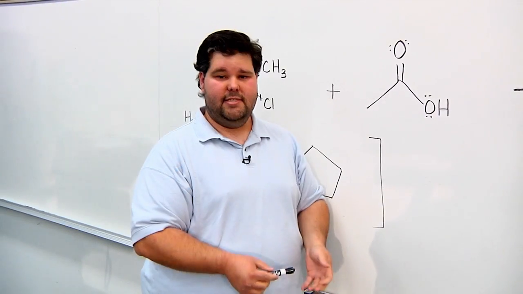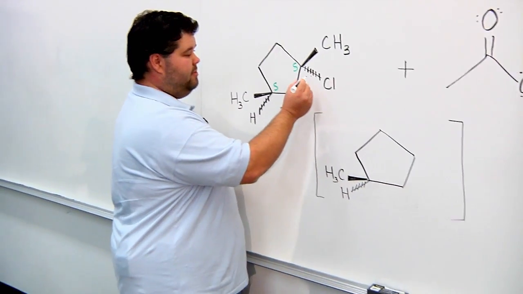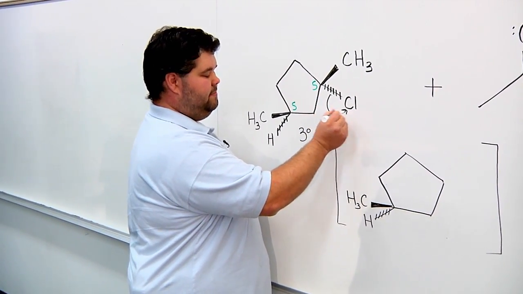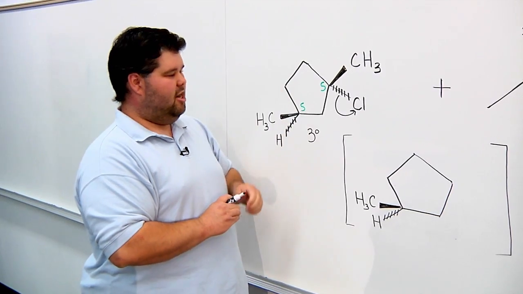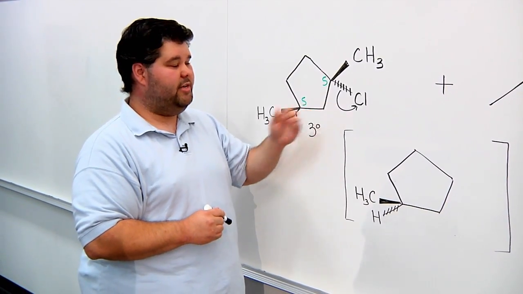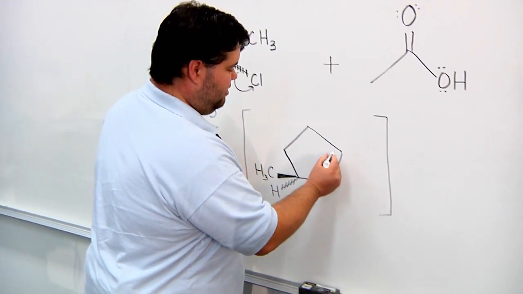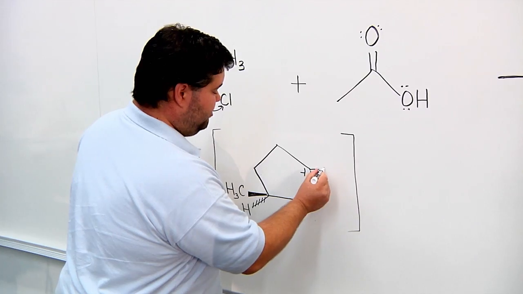In either case, the first step of either reaction is the same, and that is the leaving group leaves and takes its electrons with it. This carbon originally had 4 bonds, it now has 3, and because the chlorine took its electrons with it, it is electron deficient, leaving behind a carbocation, and of course the methyl group is still there.